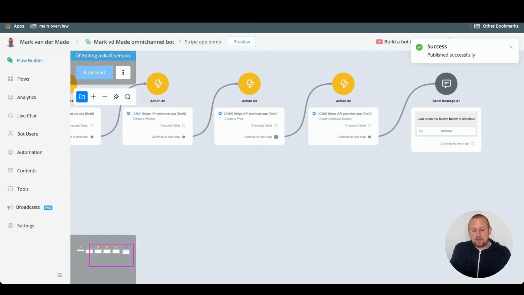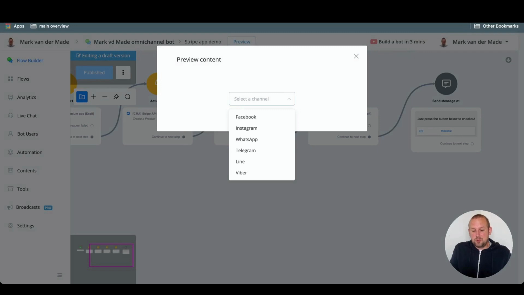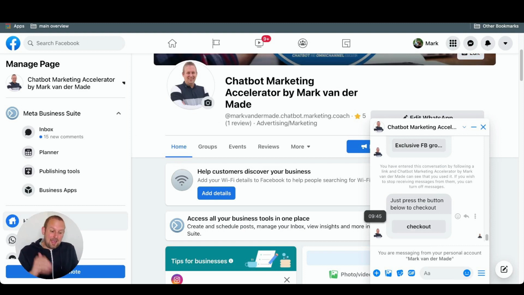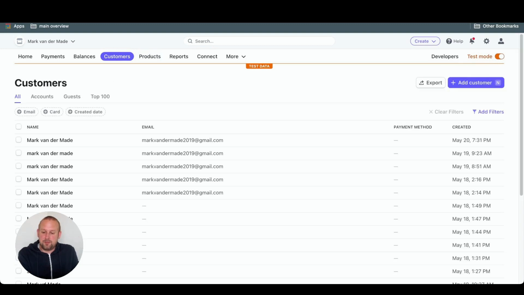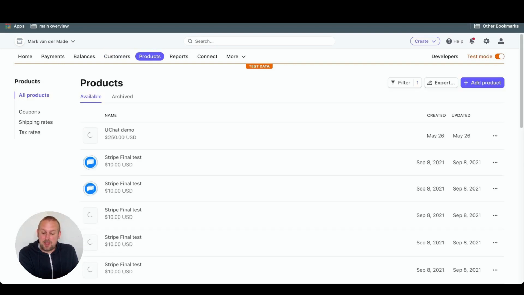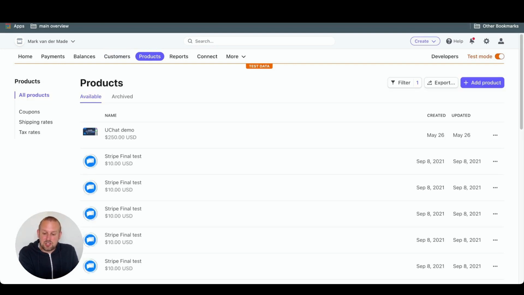So let's test this entire live demo out. Let's go and preview this inside of Facebook. There we go. And as you can see, I have the checkout page, right? So if I press this, we should have a checkout. But first, let's take a look at Stripe and let's see if the customer has been created. So if we refresh, you will see that we have the UChat demo customer with my email address. And let's go to the product section to see if we have the initial product. And as you can see, we have the UChat demo product with the image URL that we created with our pricing of